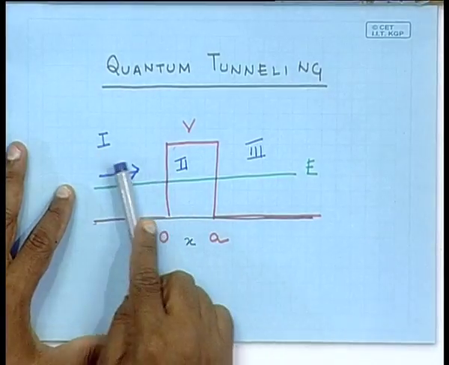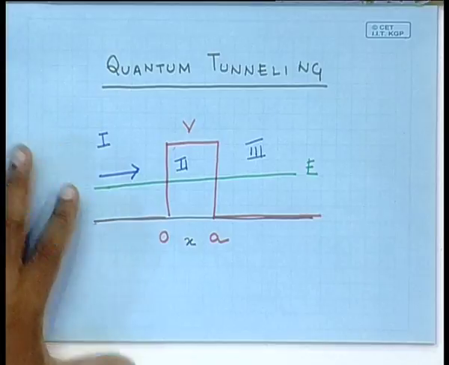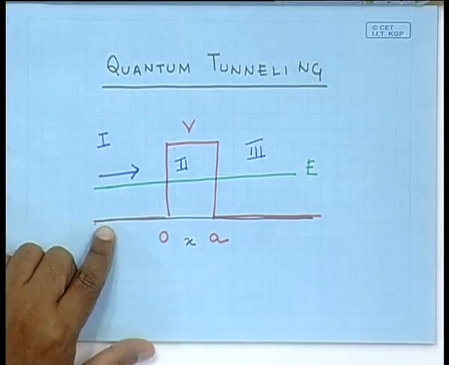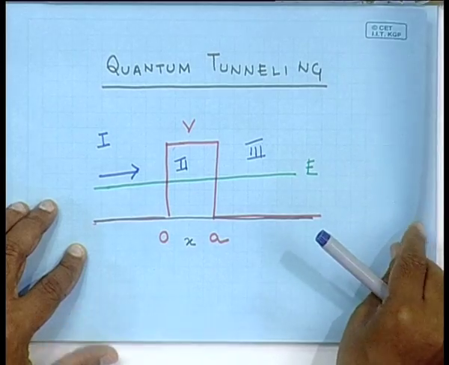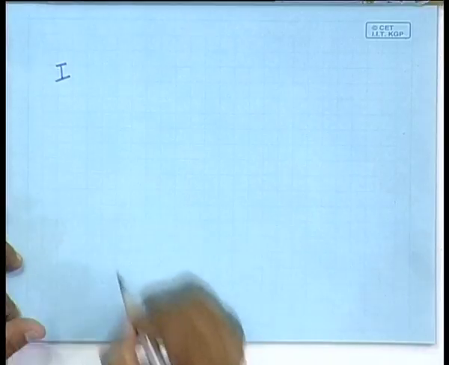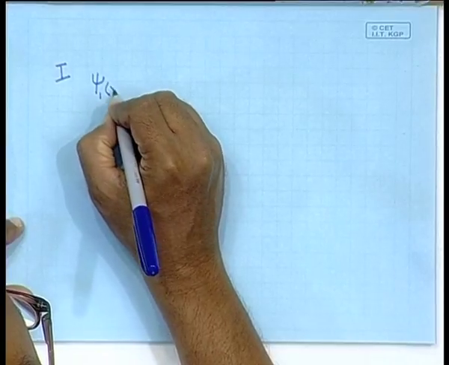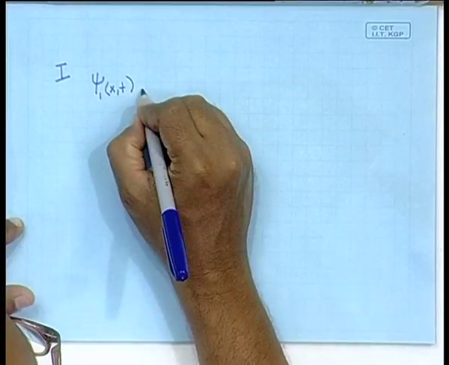In region 1 the particle is essentially free because there is no potential in region 1. So, let me write down the wave function in region 1, where the particle is essentially free because the potential there is 0, and I can write down the wave function in this region. The wave function in this region psi 1 (x, t) is going to be